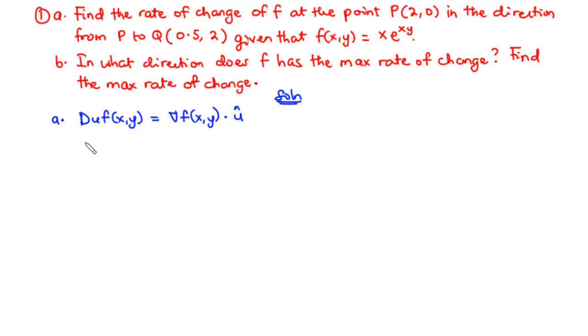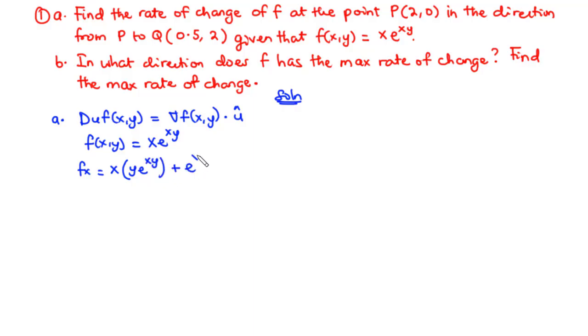So first of all, we have the function f of x, y, and that is equal to x times e to the power xy. So we have fx, the partial derivative of this function with respect to x. Now these two are both functions of x, so we can split them. We have x on its own and then e to the power xy on its own, meaning that we are going to use the product rule. So we hold x, we differentiate e to the power xy with respect to x. Now we differentiate this xy, and we have 1 times y, which is y. Therefore we drop down y, and then we have e to the power xy,